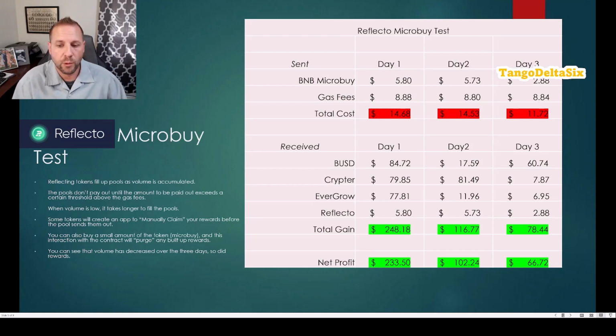And then with Evergrow, it was $77.81. And also, of course, as you can see, I had just purchased $5.80 of Reflecto, so I received more transactions from this as well. So my total gain on that first transaction was $248.18. And when you subtract out the cost of actually sending in the buy, my net profit on that was